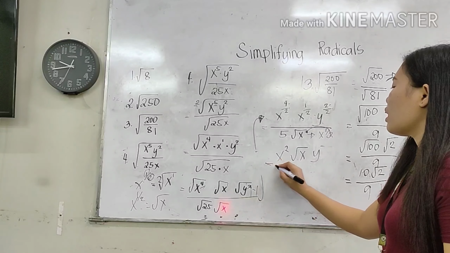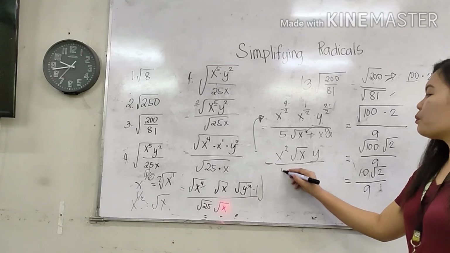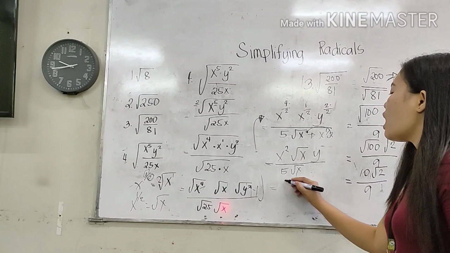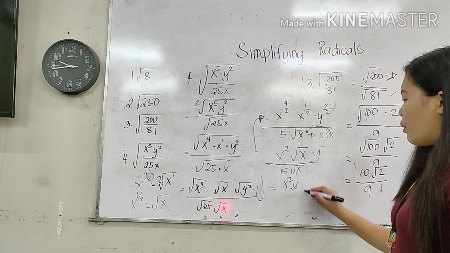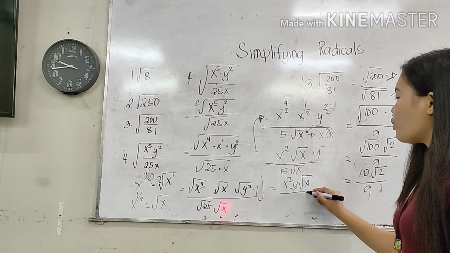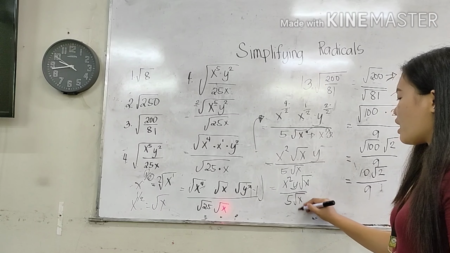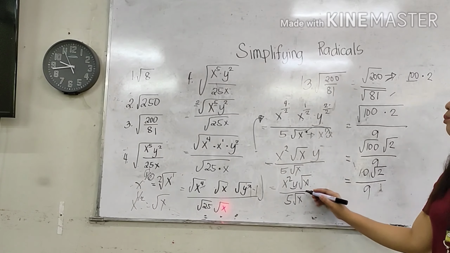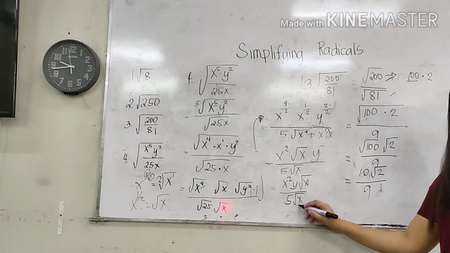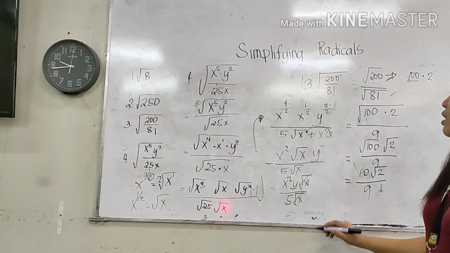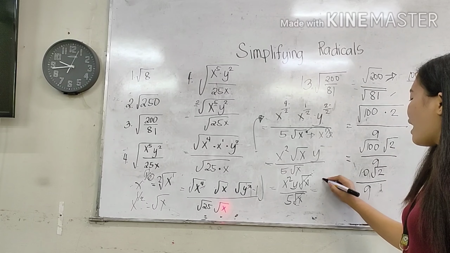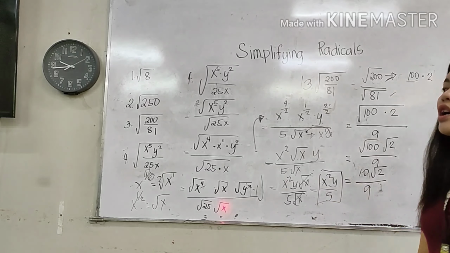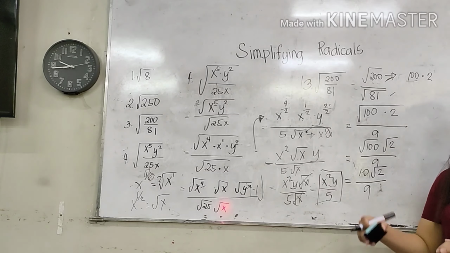Then over 5 square root of x. Then we will rewrite this as x squared y square root of x over 5 square root of x. Since this is simply, we can cancel it because the square root of x divided by the square root of x is equal to 1. So we have our answer, x squared y over 5. Then that is your final answer. So if you have questions about